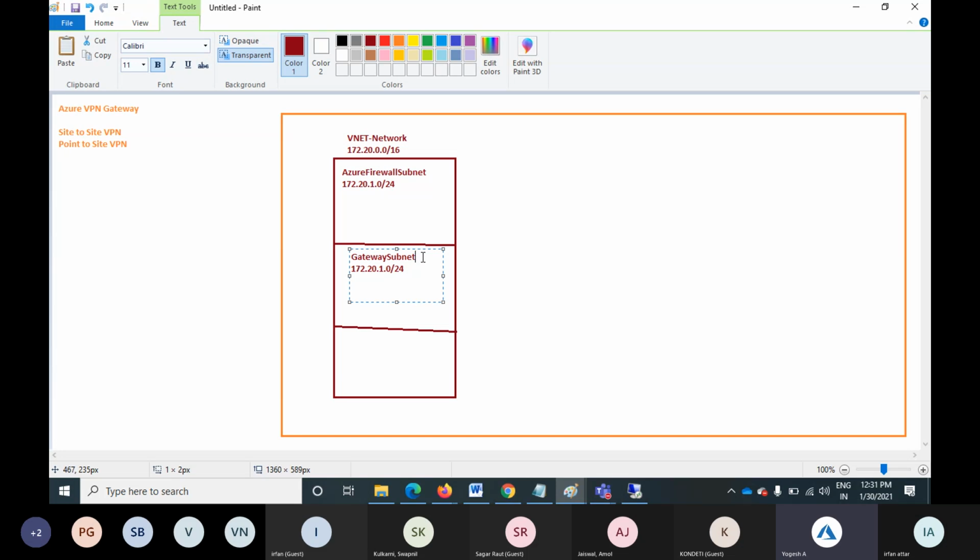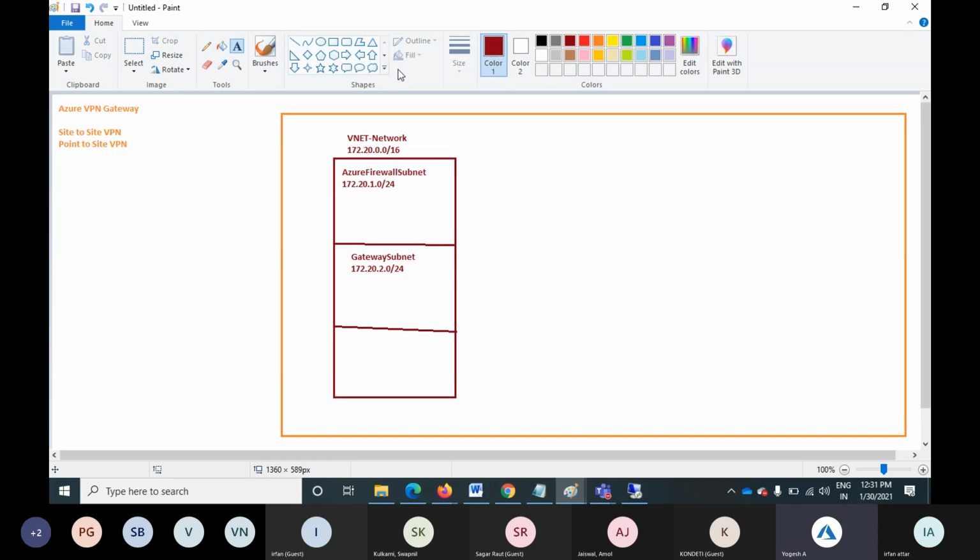If you configure the subnet with a different name, you will not be able to deploy a VPN gateway. Again, you will not be able to deploy a firewall as well. If you want to deploy a firewall, you should use the same name. Okay, so this is hard coded, and this is 2.0. Okay, so VPN gateway is the service which Microsoft is offering where we can connect on-premise infrastructure to Azure